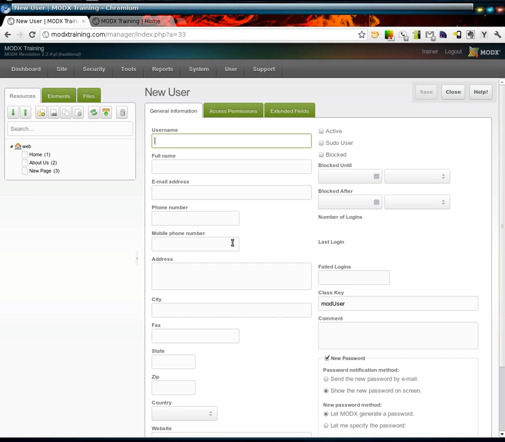Let's assume our user name or colleague is Johnny Smith. We're going to go ahead and create him just a quick username of Johnny S. Type in his full name, email address,